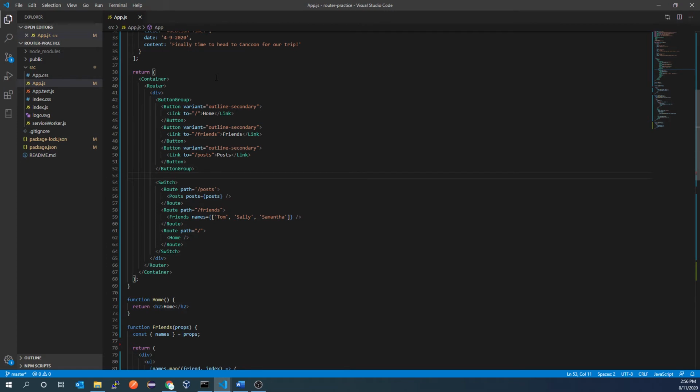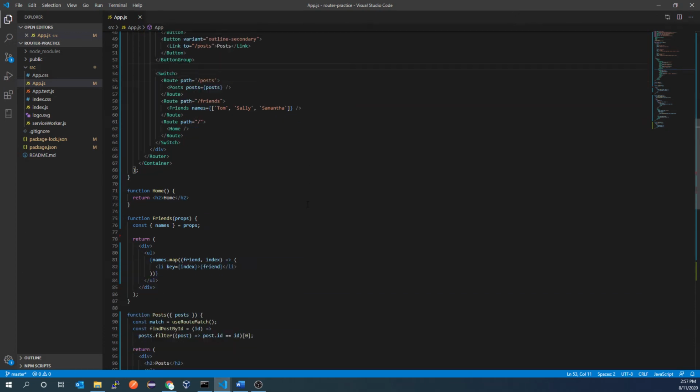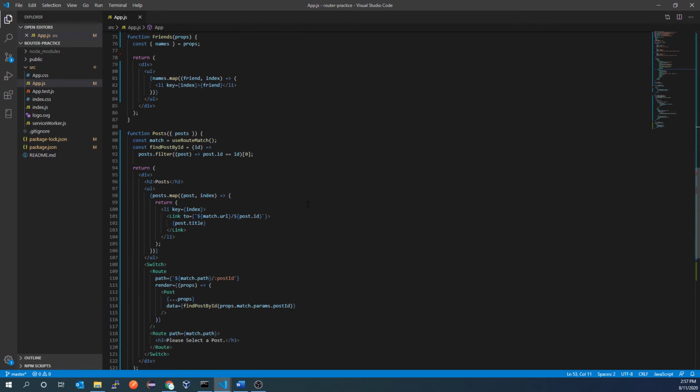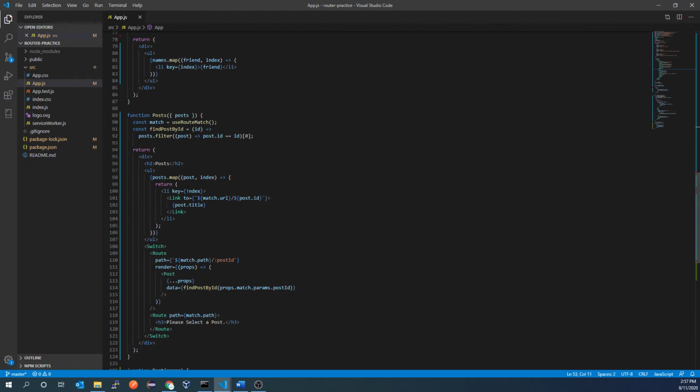So let's go ahead and continue to make this look better. To start, let's do the posts. The posts are what we want to work on. So we're going to scroll down to our posts here, and we want to change up each post. Instead of just being a link right here, let's use the alert. So we're going to go ahead and say